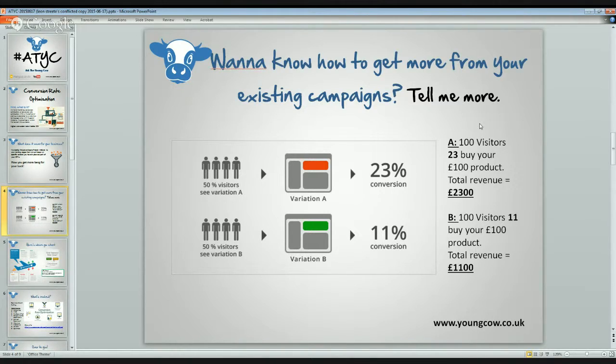Now, here's the really important thing. If you're not investing any more into your marketing strategy and you're simply increasing the conversion rate of what you've got already, you could effectively double your return on investment just by tweaking things with what you've already got rather than going out and spending on getting more traffic and not really growing the conversion rate or the actions that you've got from people coming onto your website. And so this is massive.